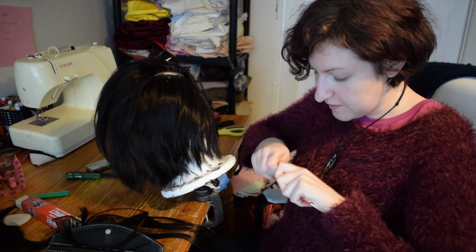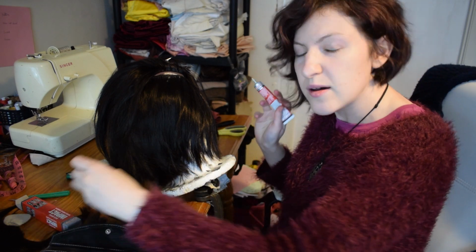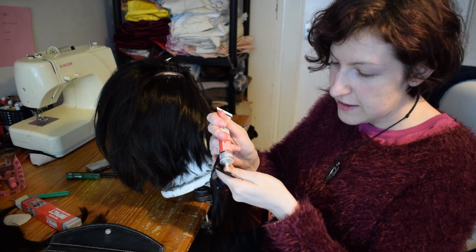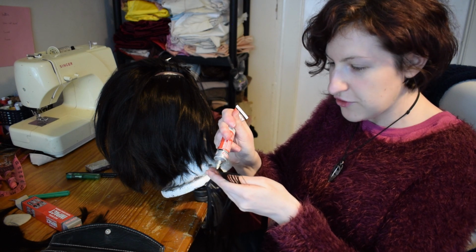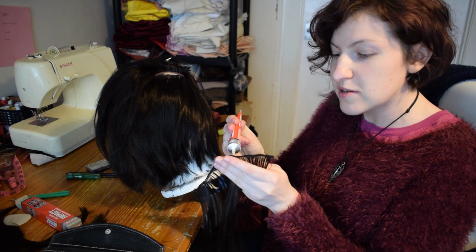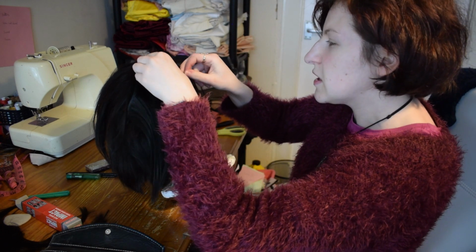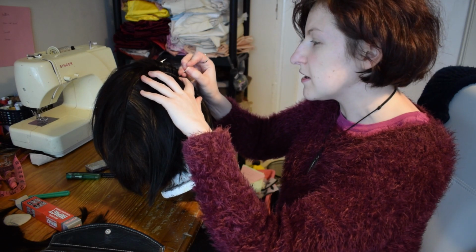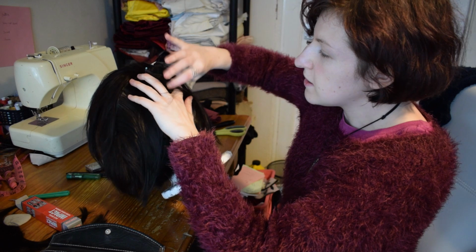It is a nice flexible glue that dries mostly clear, a bit off-white, but it's not too bad. You'll want to get a little bead of glue along the weft, not too much, and it really doesn't need much for this. And then carefully, knowing that it will stick to your fingers a bit, put it in the gap between the other wefts